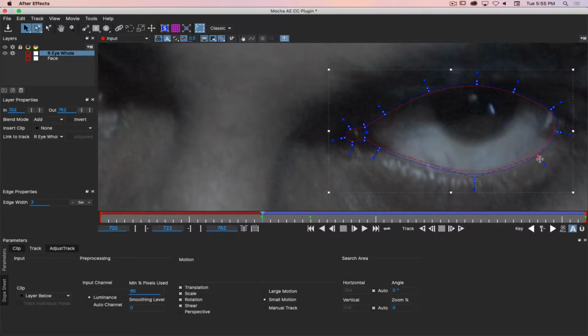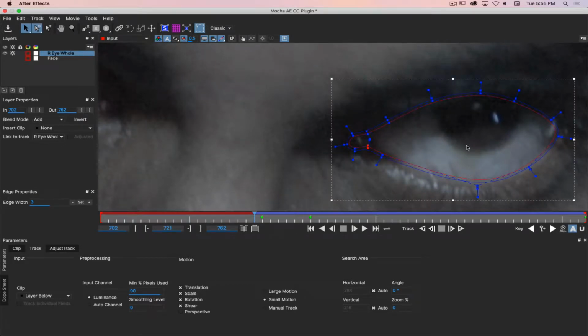There's a few that need to be adjusted a little bit. I need to drag them in just a little bit. That looks pretty good. I'm going to keep tracking backwards and just keeping an eye on my